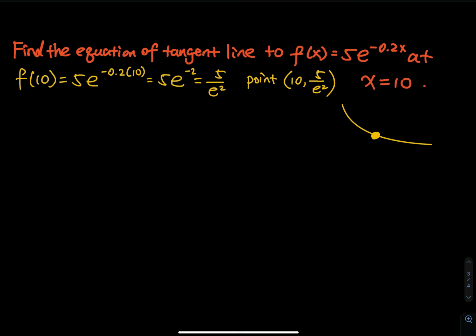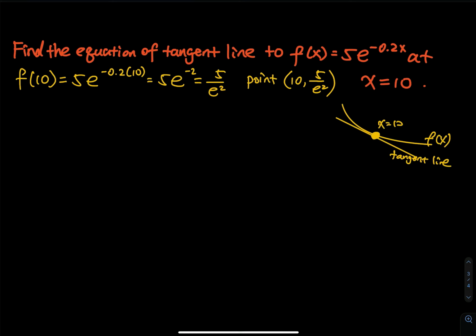And also there is a tangent line. The tangent line looks like this. Can you tell me the equation of this tangent line? So this is the tangent line, this is f of x, and this is when x is equal to 10. Also tell me the slope of the curve at that point. So the first step, we found the point, and then the second step, to estimate the slope, we have to